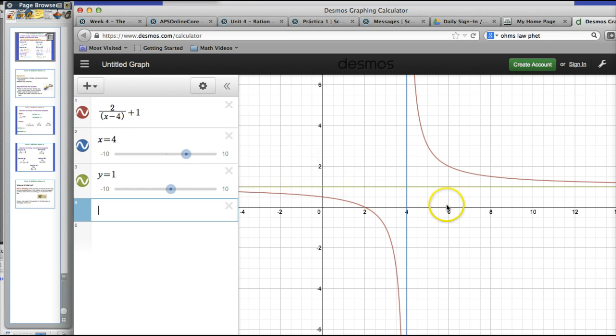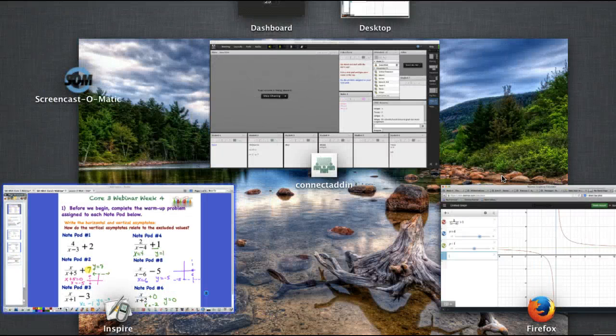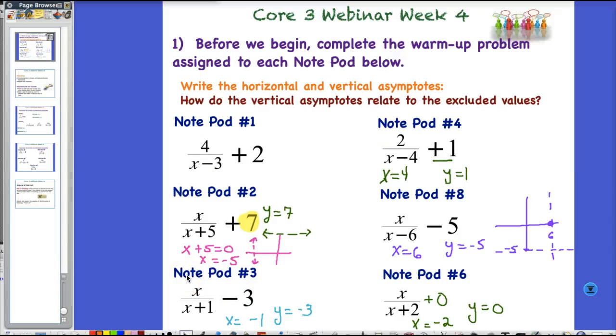That is your horizontal asymptote, y equals 1. Notice that the other end behavior is getting really, really close to that line, but it's never going to touch it. Same thing with the other side too. So those asymptotes are going to guide you to graph these equations. And these equations are really easy to graph because you really only need a couple points for each leg, and then you can see this pattern and roughly sketch it in. So that is why today we are going to look at asymptotes, because